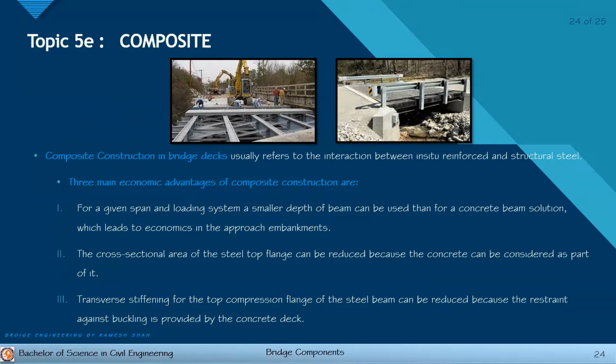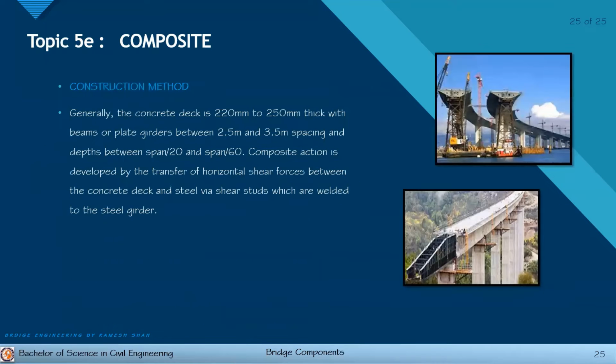Number 3, transverse stiffening for the top compression flange of the steel beam can be reduced because the restraint against buckling is provided by the concrete deck. So we have to take note of the following, the three main economic advantages of composite construction. So for the construction method of our composite, generally the concrete deck is dapat magre-range lamang siya for 220 mm to 250 mm thick,